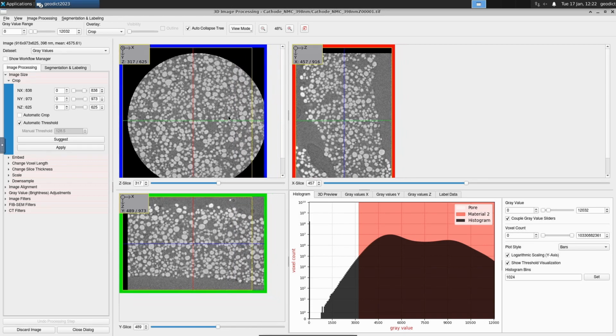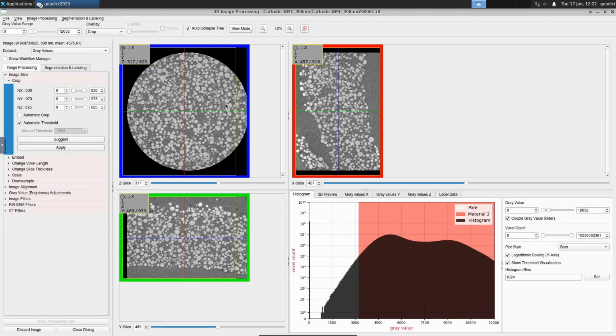So now I zoom in a bit so that we can see the structure completely, and now we choose the box around to find a nice part inside of the structure. So let's start here with the view in Z direction and select a box here somewhere inside. And do the same in the other directions. Sometimes the yellow lines are a bit hard to grab.